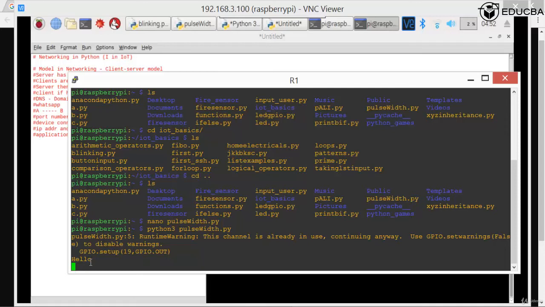My main aim was not to show you how to do this. My main aim was to explain to you what exactly the networking client-server model is and how you can access the Raspberry Pi remotely by using the same concept of a client-server model. And then you can even talk about it more by doing some code for a client server. If you have understood this much of the concepts, we can head towards the programming.